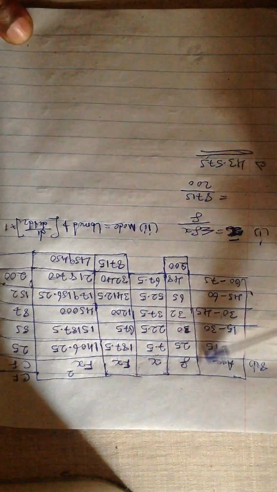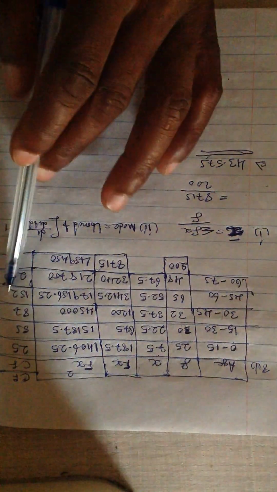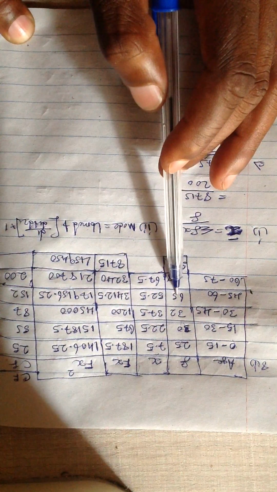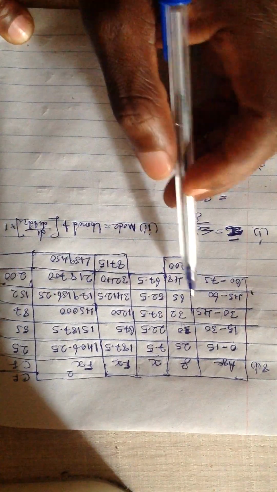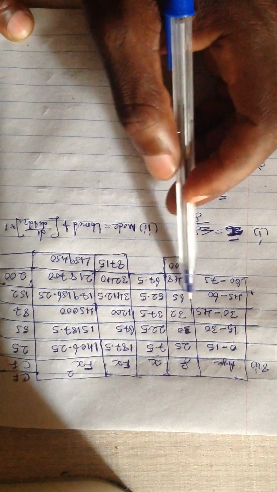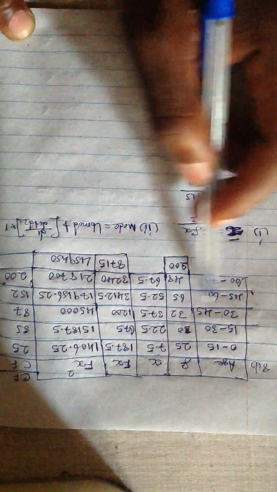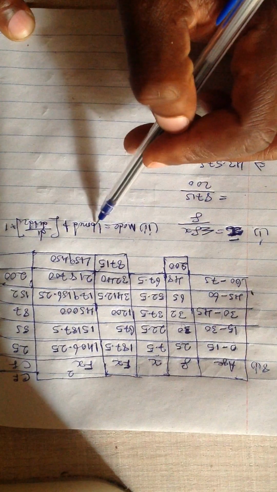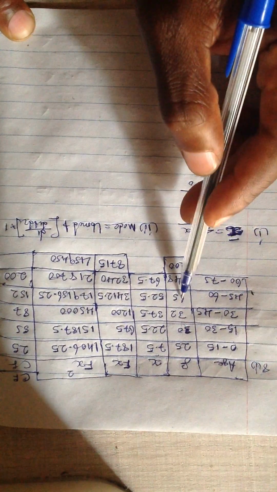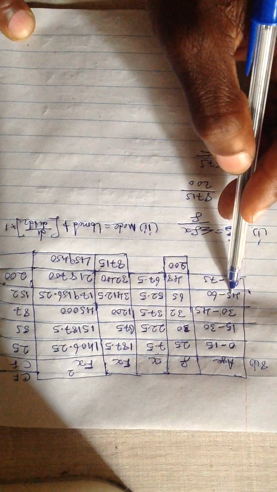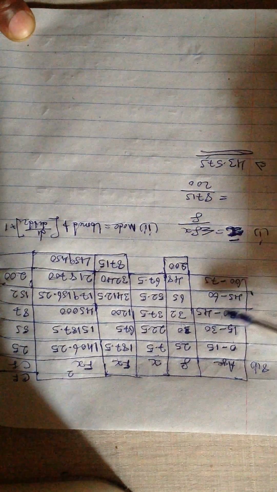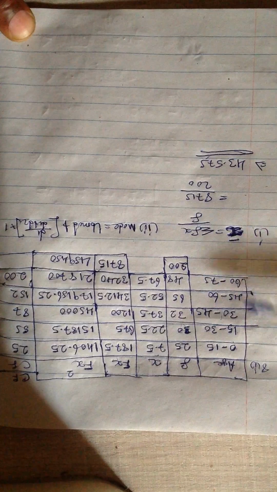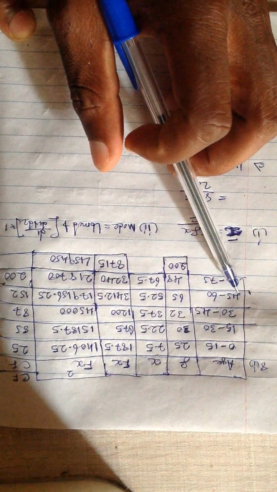So in this case, our mode class here has the frequency 65. This one is the one with the highest frequency. Since 65 is the highest frequency, what is the lower boundary for this class here? It is 45. Now remember that here we are not supposed to subtract 0.5. Why? It's because the classes are not continuous, they are just solid. We have your 45 and your 45 here, so you cannot be subtracting